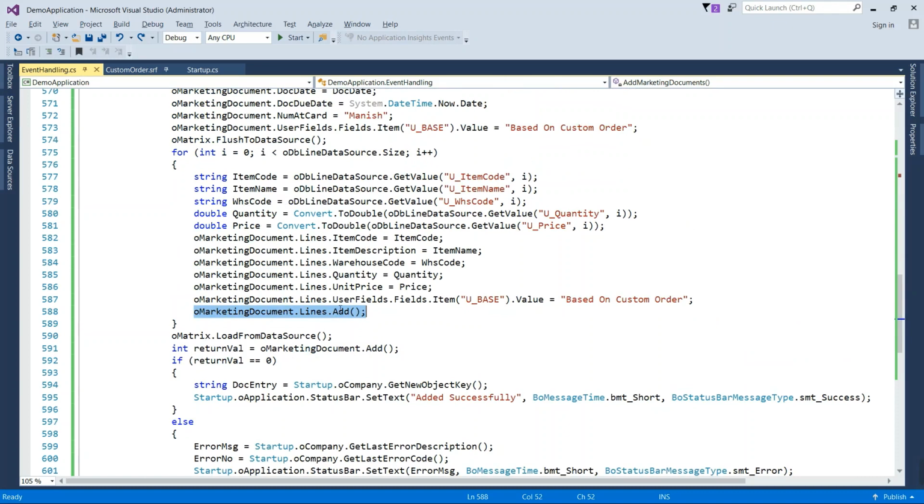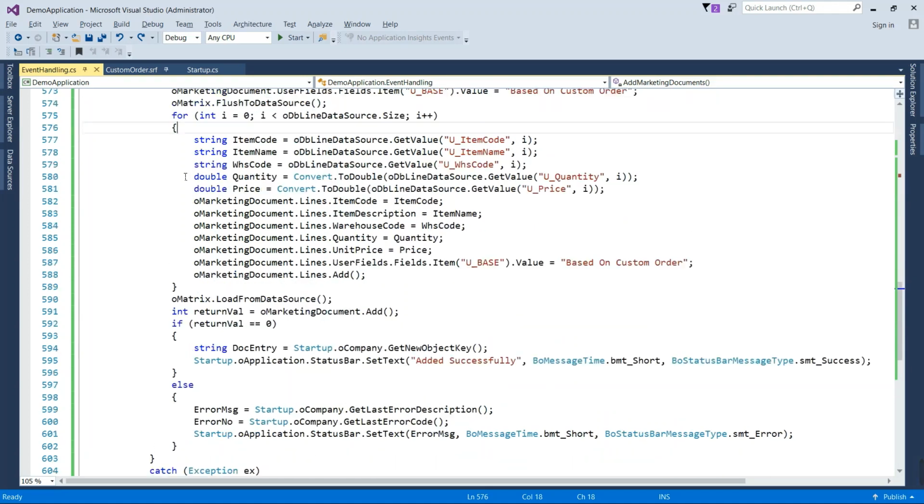Basically, why we didn't put this line of code here, because by default on the sales order screen one line is already added into the sales order. Once you open any marketing document, you may see there is one line by default. So we don't need to add a line initially. So once we have completed this iteration, we